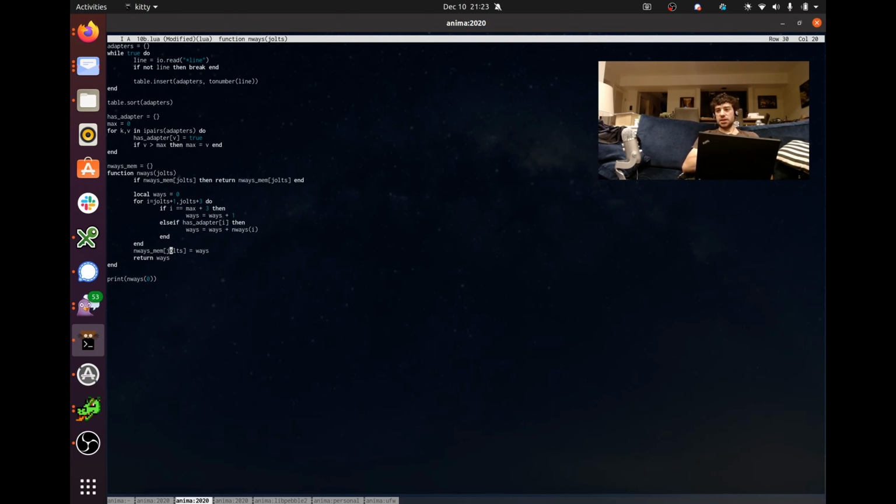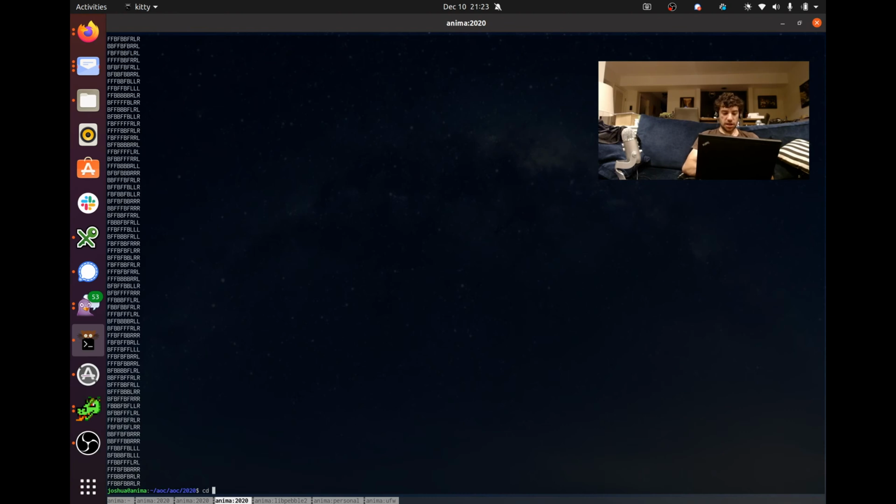And so I believe this takes it down to O of n, that is to say proportional to the size of the input. Anyway, it might be O of n squared, but I don't know. The n is small, so it's not the end of the world. Anyway, I guess what I'm saying is, do this. Memoize things, and if you're stuck on